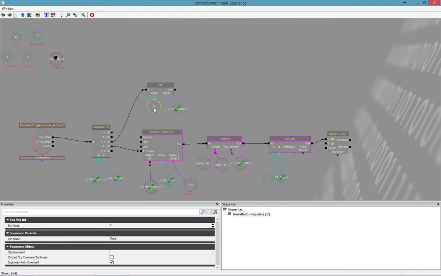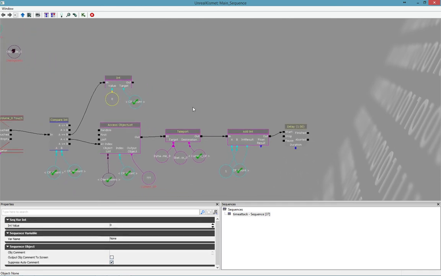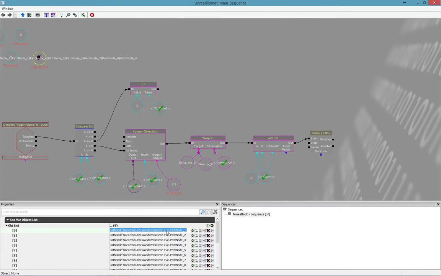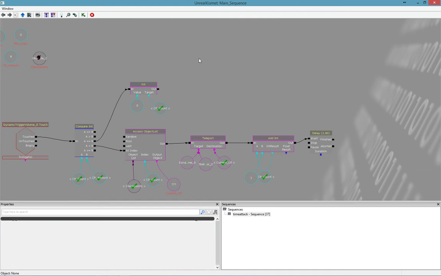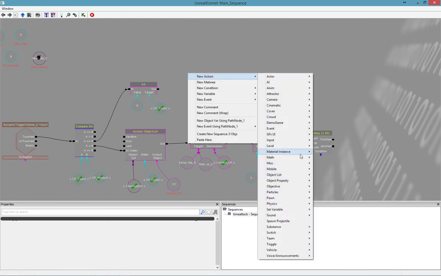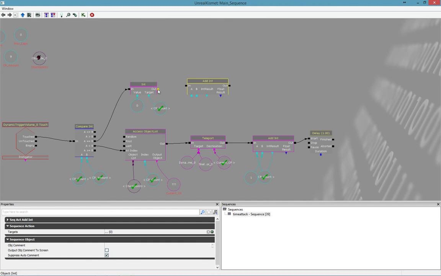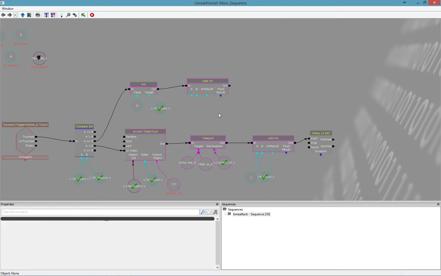So that's probably what it wants to be. Maybe that needs to be a 1 because we're at 0. No, that's right. Yes, because 0 in the list is 0. It's path node 1. Then we are going to add 1 to the number of laps. So action, math add int, there. Then we take our laps,